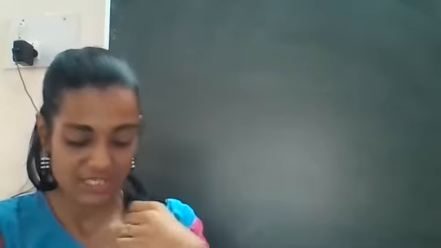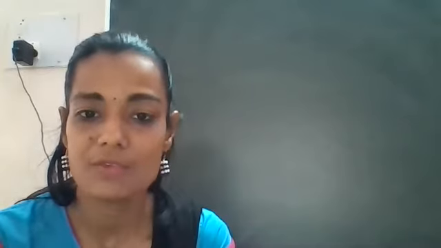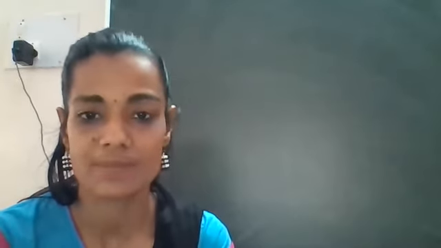Last time we have done some identities of trigonometry, right? The first identity was sin square theta plus cos square theta is equal to 1. Then 1 plus tan square theta is equal to sec square theta, and 1 plus cot square theta is equal to cosec square theta, right? These three identities we are going to use to solve the sums in the next exercise.